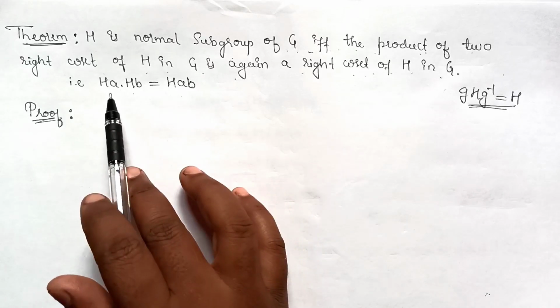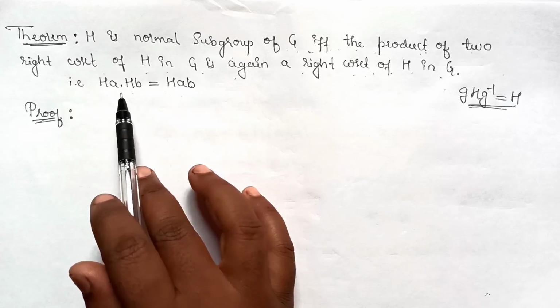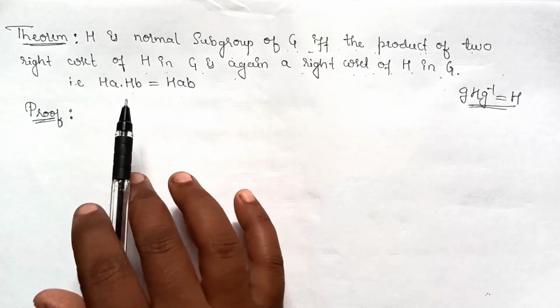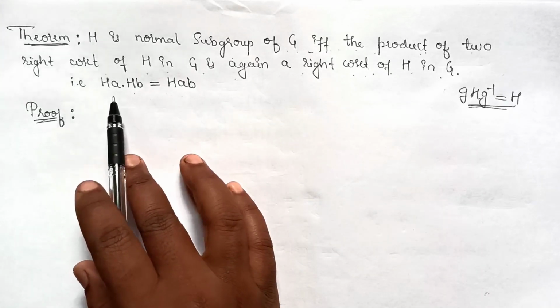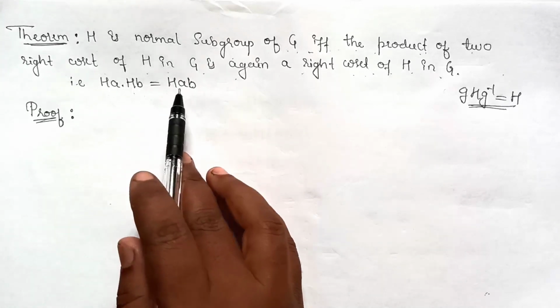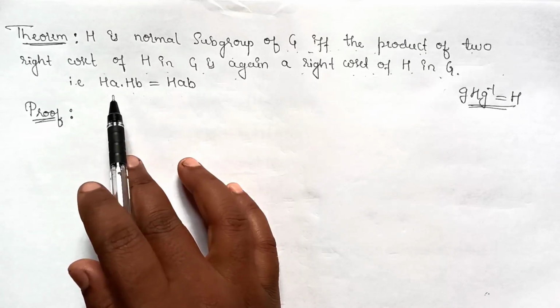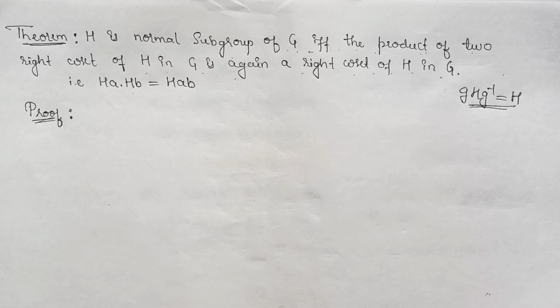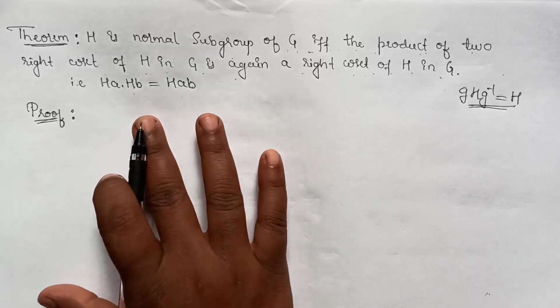Or if you are considering left cosets, the product of two left cosets is again a left coset. So generally here we represent it by Ha and Hb equals Hab, or you may represent it by any other element. So by the previous theorems we know that G is normal. So you have to keep in mind